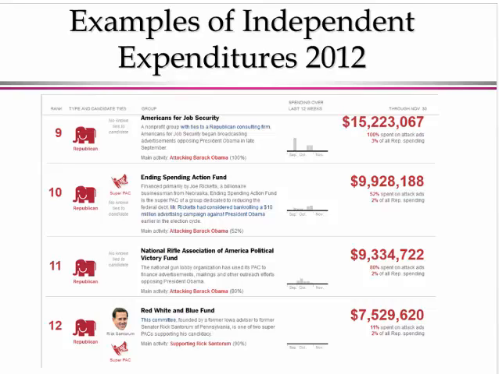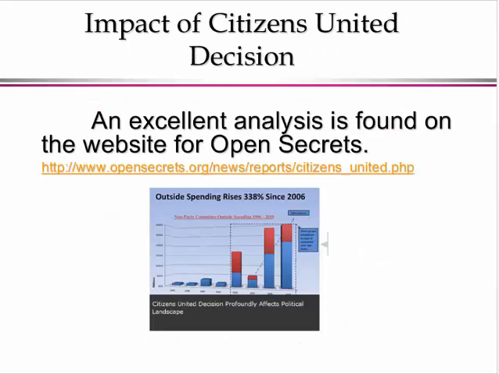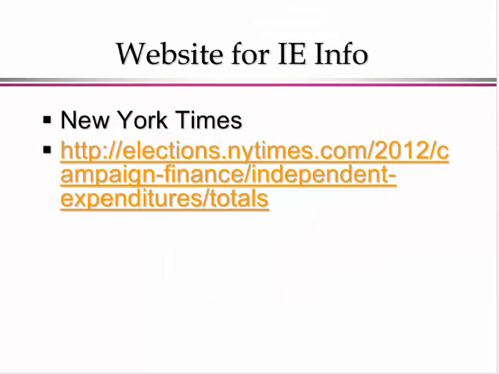Did it make a difference in the election? Well, it might have, and it might not have. Now, there's a great website called Open Secrets, and you might spend a little bit of time looking at that. If you're interested in information, there's a great website the New York Times had on independent expenditures. Now, we don't want to spend too much time dealing with this, but the core question in the 2016 campaign will be the role of super PACs and what they can spend and what they can do.